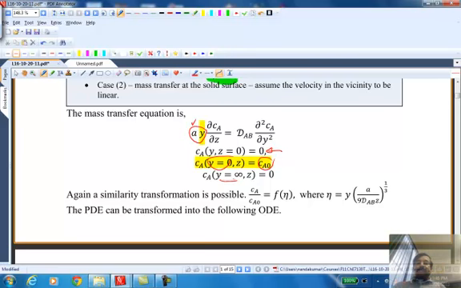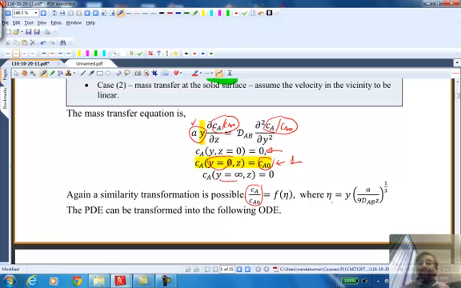Okay, and we can define, for example, CA divided by CA0 as a dimensionless concentration. We can divide both sides by CA0, and the numerator becomes a dimensionless number. Okay, because CA0 is a known concentration, and this will become 1. The boundary condition will become 1. And you normalize it that way. Again, in the current assignment, there is an exercise where you need to go through the scaling to put them in dimensionless form. Okay, but that means the remaining variables in that equation can be grouped into a dimensionless variable,